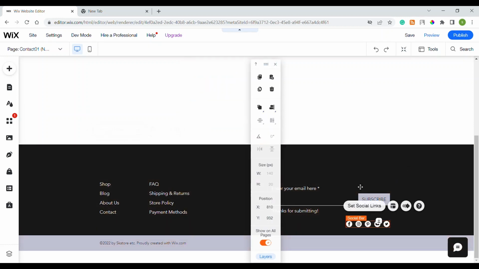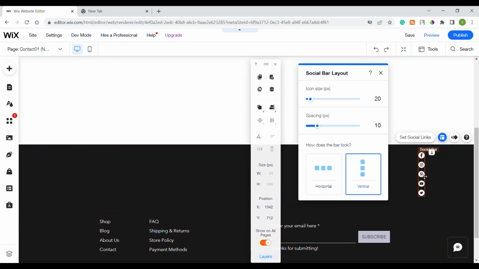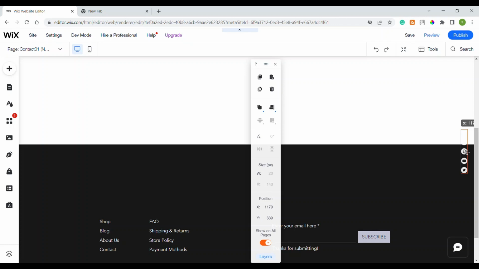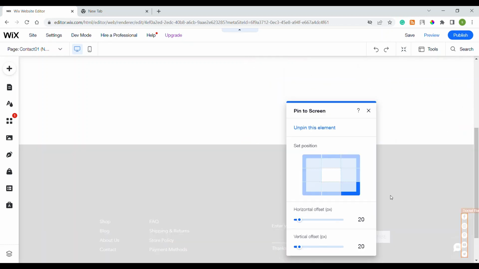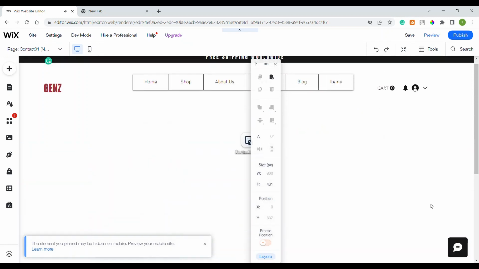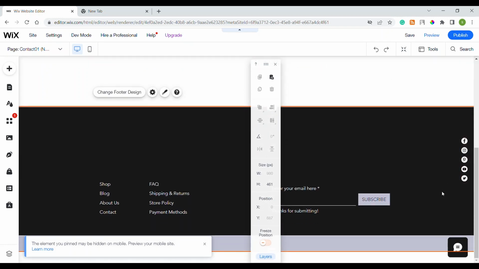You can also pin this. I will show you. On many sites you might have seen this. You can pin it in this system. You can pin it here as well as here. Here it seems okay. But for this you need to add a proper color and proper set of icons